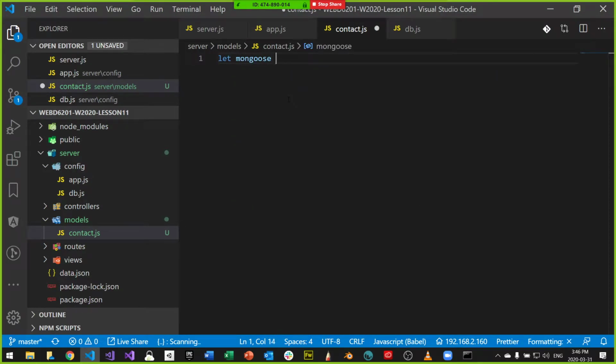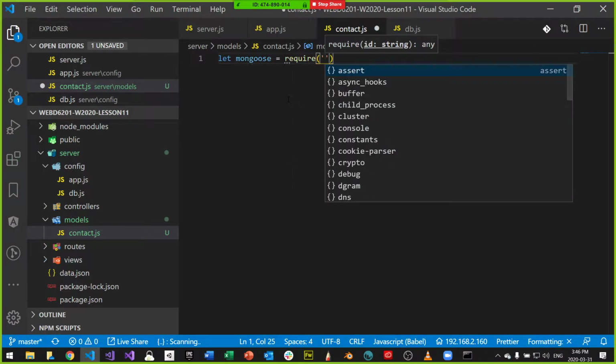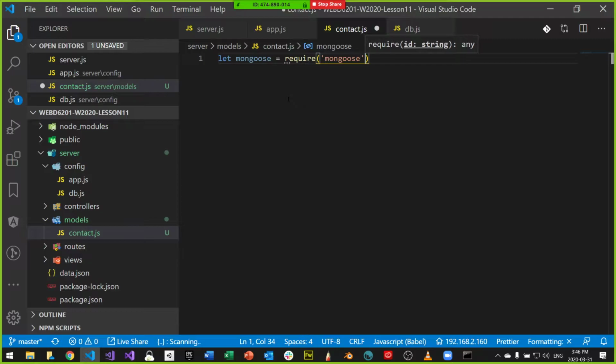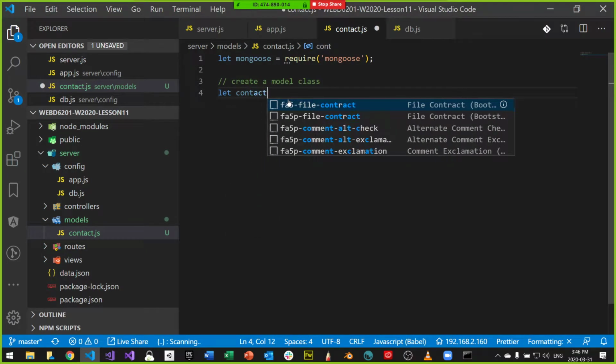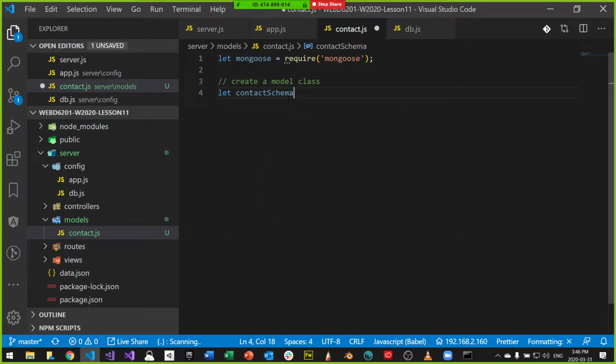And I'm going to require Mongoose again. So here's mongoose equals require mongoose. And what I want to do with this is create a model class, because that's really what a model is, just a class. It's going to look like this. We're going to say that our contactSchema is equal to a